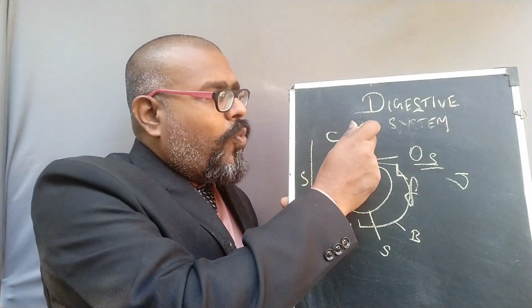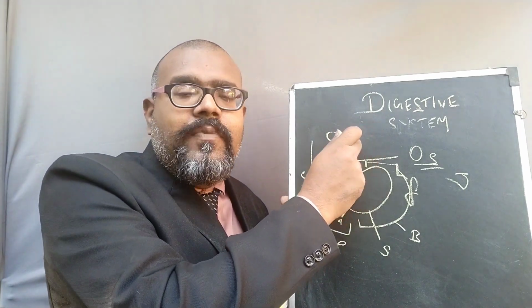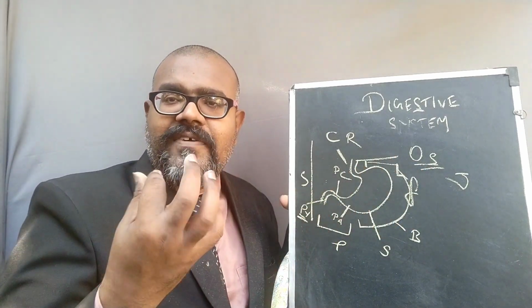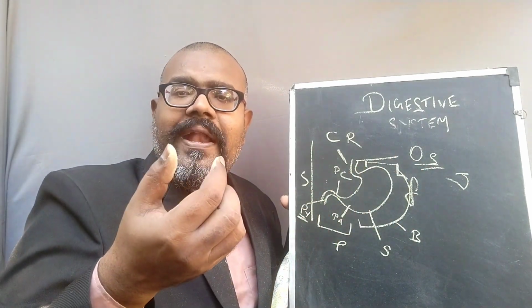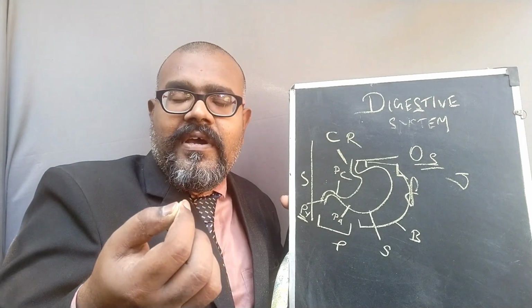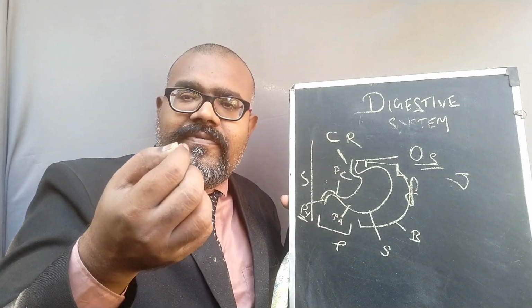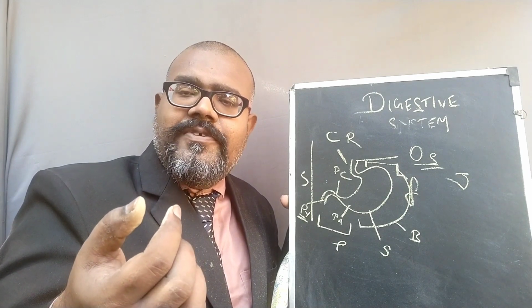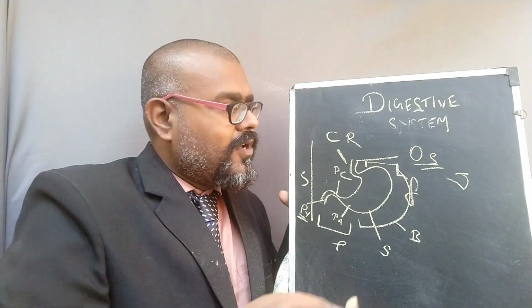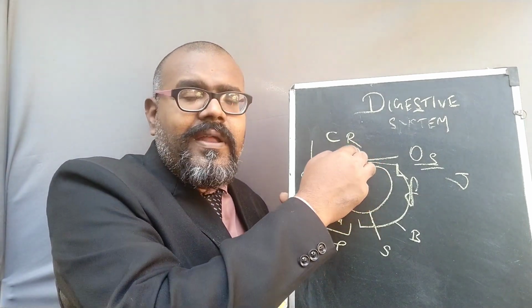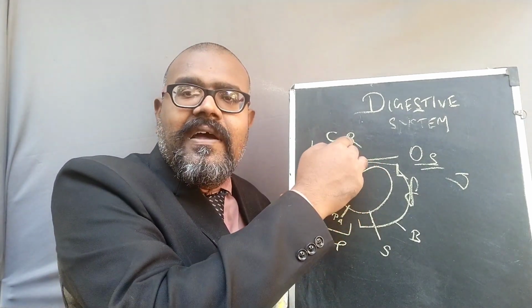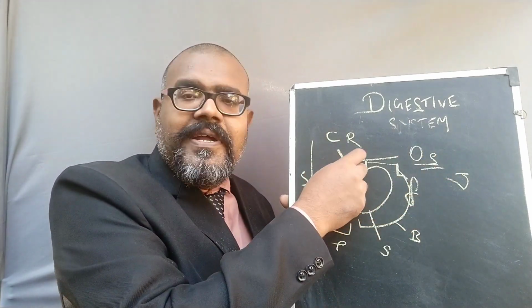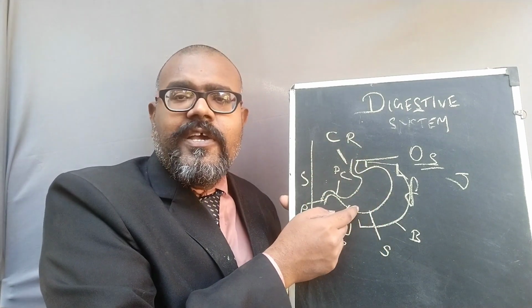Once the bolus attains peristaltic movement, it will reach the stomach. The main function of the sphincter muscle is that it can open and close, acting like a valve, though not exactly a valve. Once we give a force, the door opens; once you are not giving any force, the door closes. During peristaltic movement, the esophagus gives pressure to open the esophageal sphincter. Once it is open, the food enters the stomach.